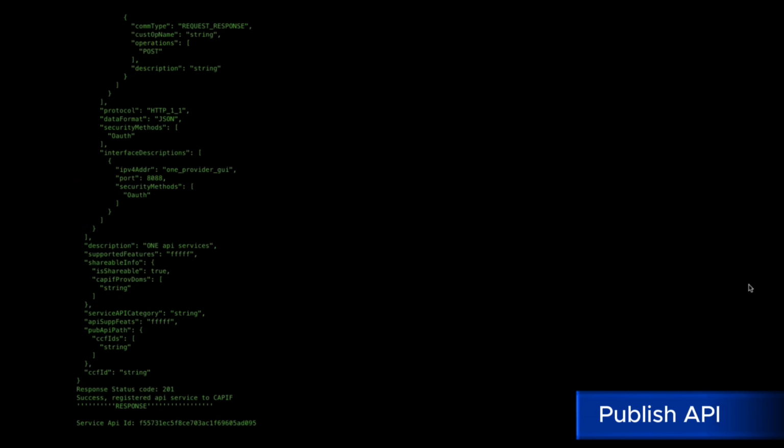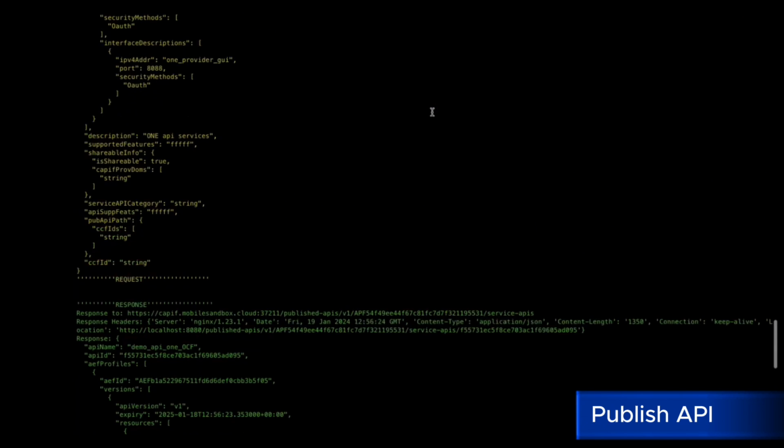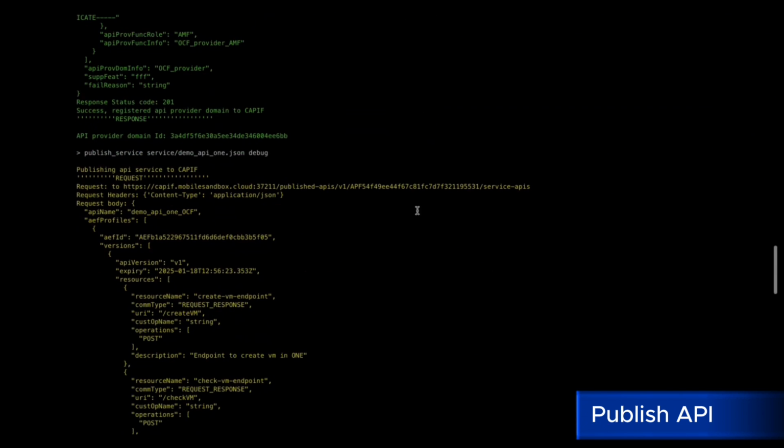Okay, now at this point, for each request, we need to use the corresponding certificate. In this case, as we want to publish an API, we need to use the APF certificate, its key, and the CR certificate that we obtained in the register. So we made the request to the URL obtained from the register,